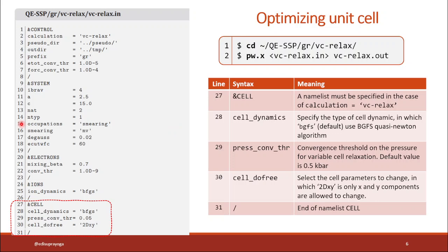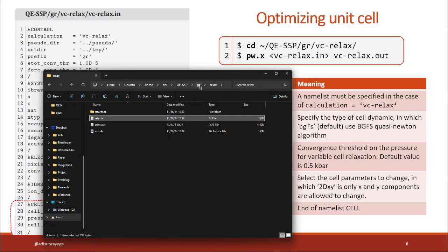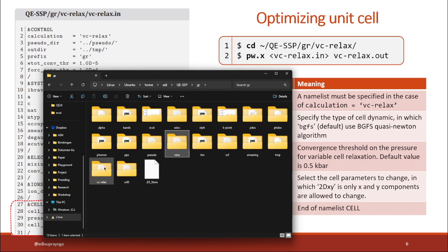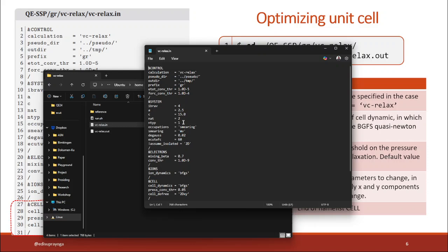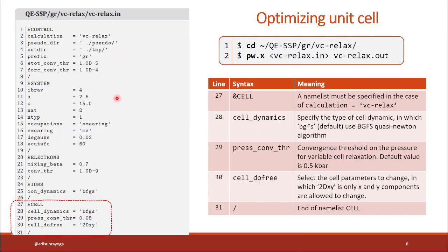And while the calculation is running, let me explain the input file for optimizing the unit cell. The input file is shown in this vc-relax input here, or you can see it in this slide. The calculation for optimizing the unit cell can be performed by setting calculation to 'vc-relax' in the &control namelist, and we need to specify both the &ions and &cell namelists.